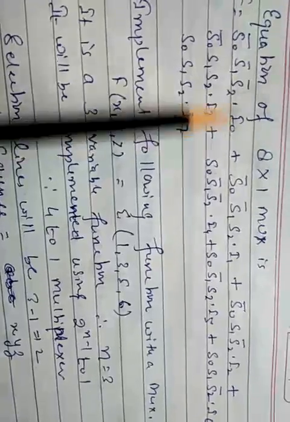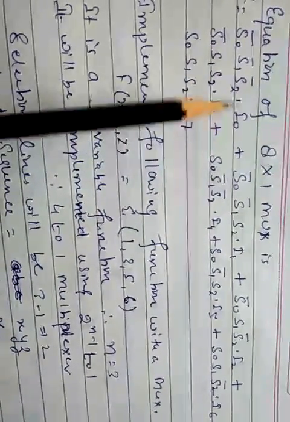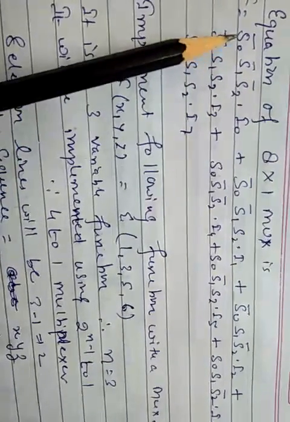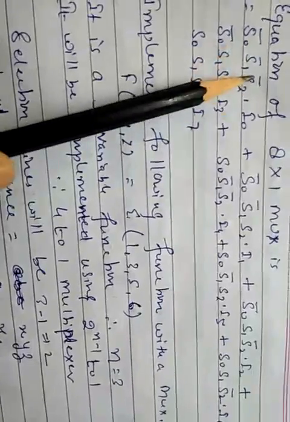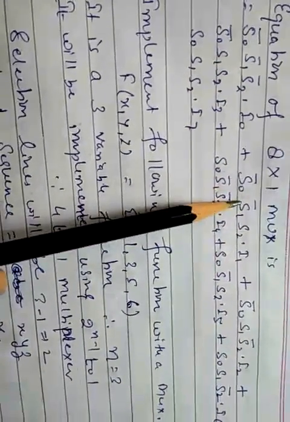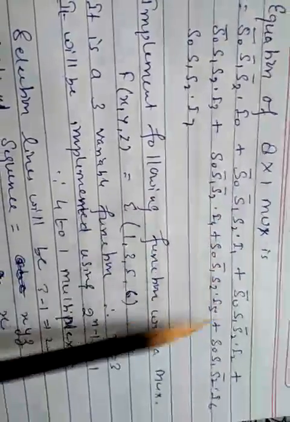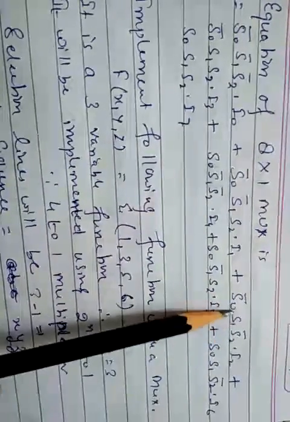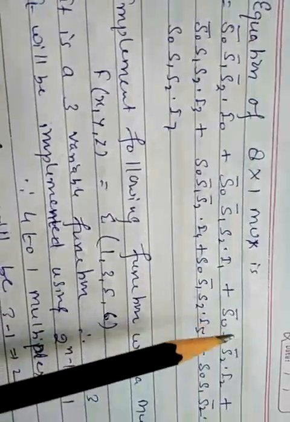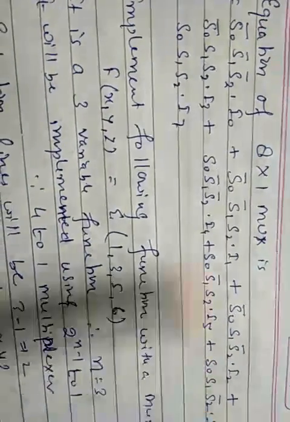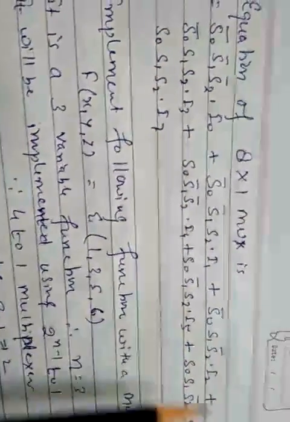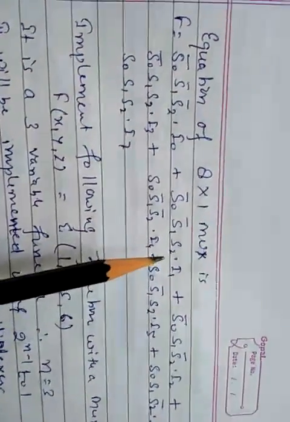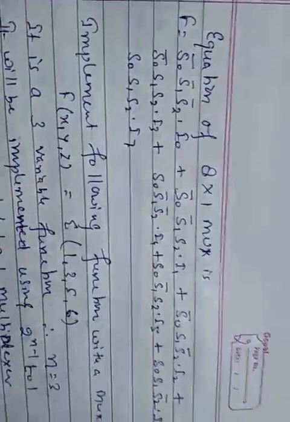Now this is 0, so the binary number of 0 is 0 0 0, and this is the SOP, so we are writing here S0 bar, S1 bar and S2 bar, and the value of 1 is 0 0 1, so the bar will come on the first two, and in case of 2 it is 0 1 0, so the bar will be on the first and last. So similarly we will write the complete expression based on the binary numbers from 0 to 7.